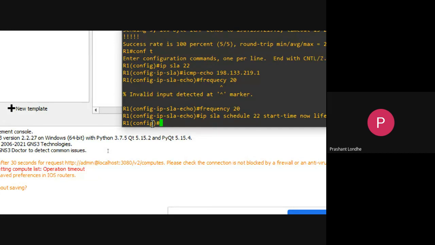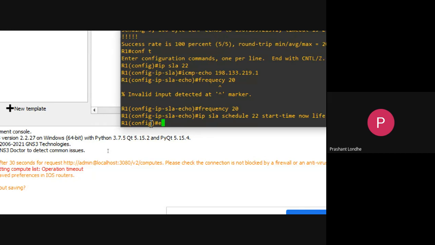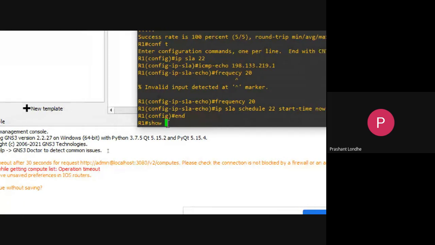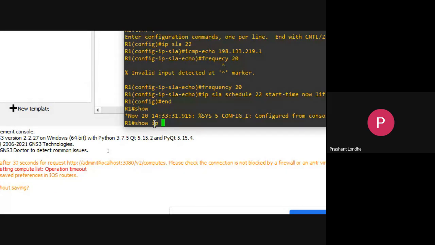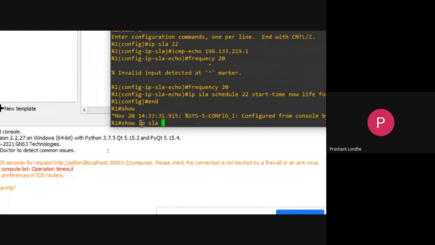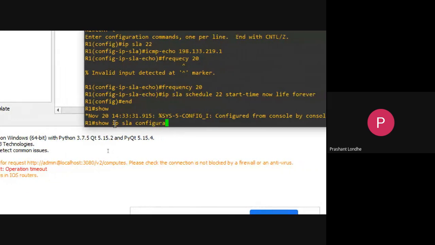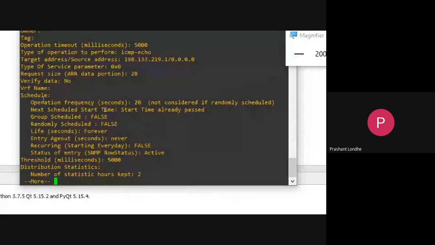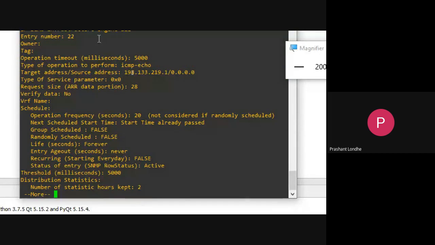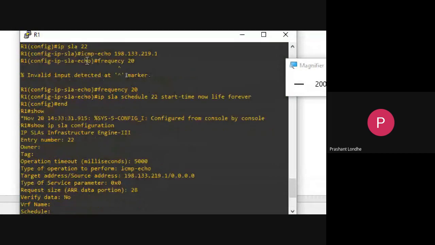Okay, now let me display the command. Let me end it. Show ip sla configuration. You can see whatever IP SLA I have configured, I'm able to see its entry number.